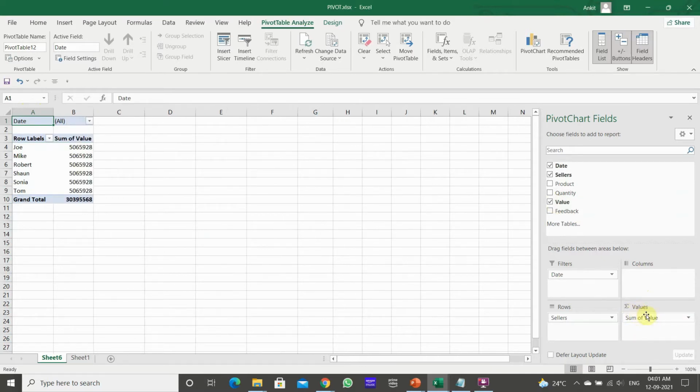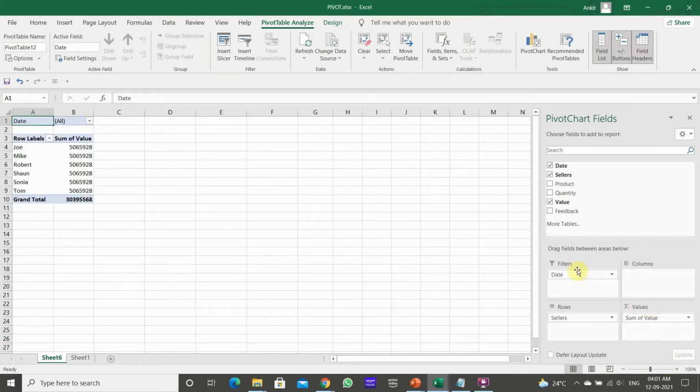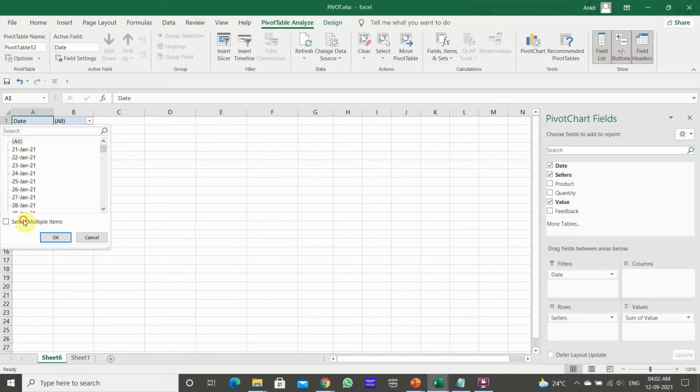In this summation values, all the mathematical operations happen, whether count, summation, average, percentage, everything happens here only. And this is the filter, so you need to select the January month here.